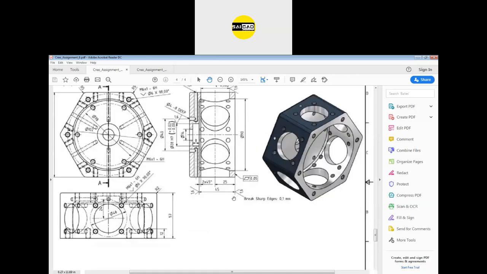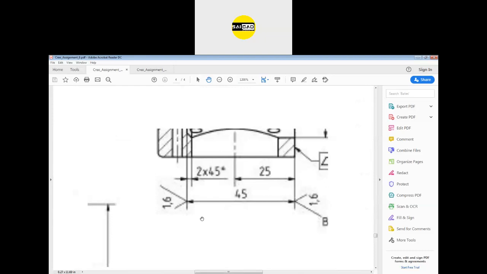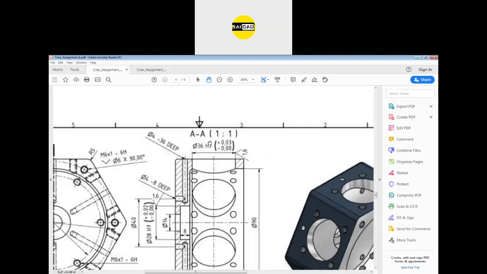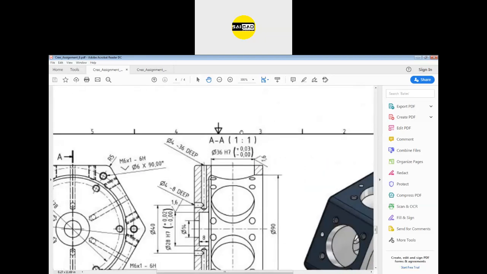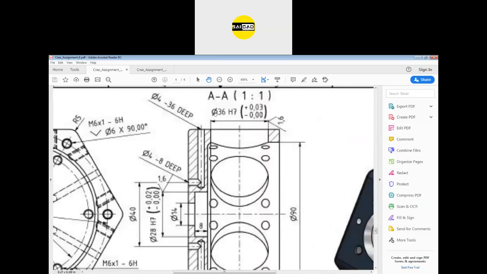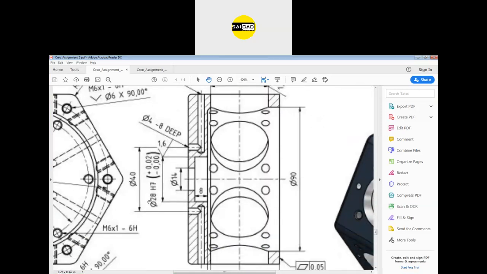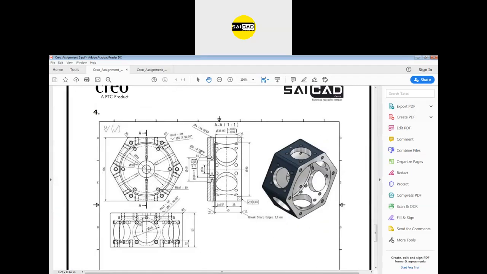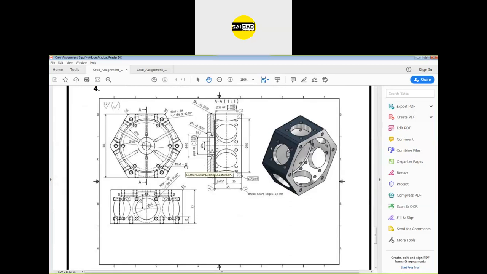In this drawing, you have some option like this one 1.6, and you have some here H7. So these are the tolerances. Just don't use the tolerance. Just create with the value dia 36 or dia 14 or dia 28. Don't use H7 and this plus minus 2. Okay, these are tolerances. You don't have to assume here. Tolerances are provided for the manufacturing, not to create the model. Okay, in the software we can create the exact model.